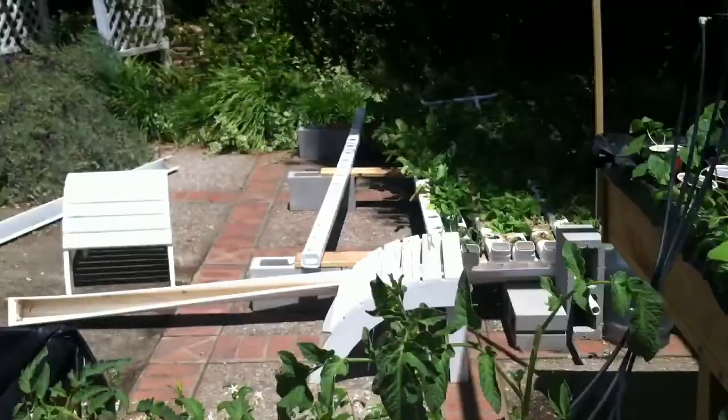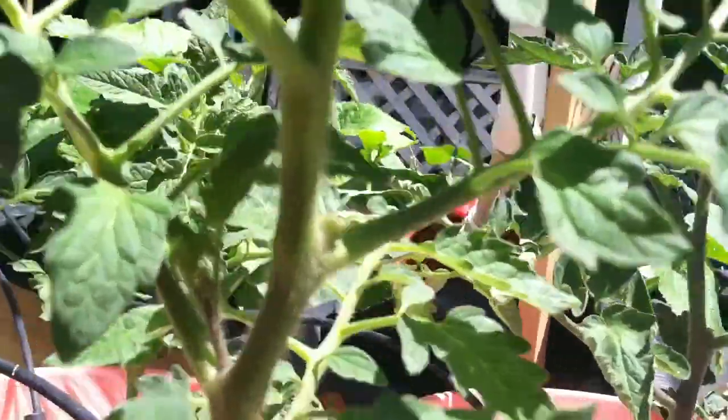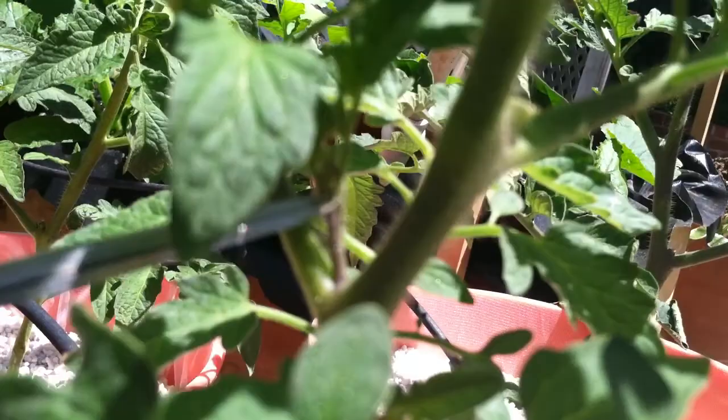So yeah, I just wanted to do this video to show you how I cut my suckers off these tomatoes here. You see, got another sucker here. I'm gonna wait for that to grow out, and then once it grows out, I'm gonna cut